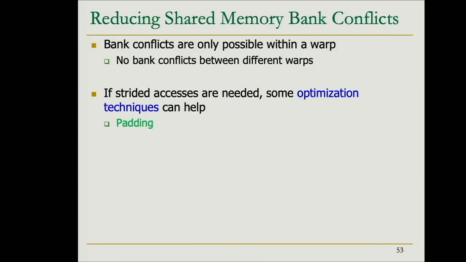Recall that the specific bank where one address is allocated is this, right? The address modulo 32. What can I do here? What does padding mean? Padding essentially means that I'm going to reserve extra memory locations for nothing, simply to avoid the bank conflict. What I could do is simply